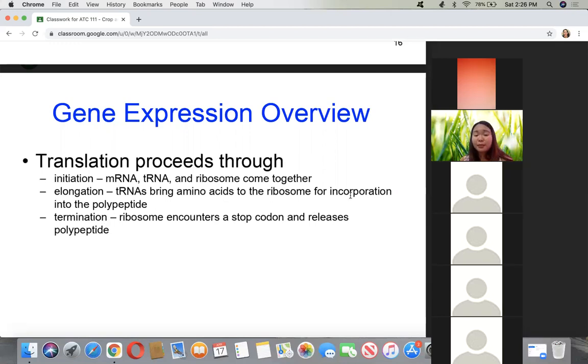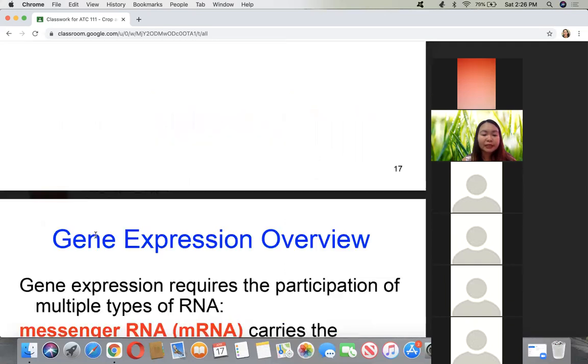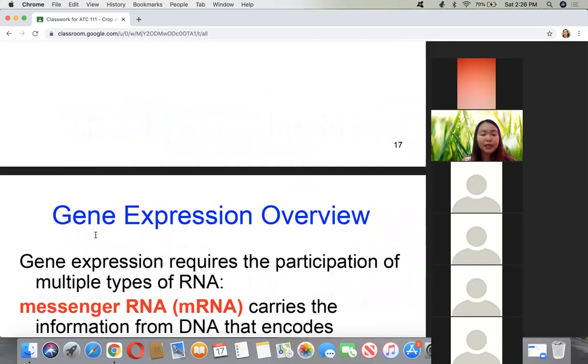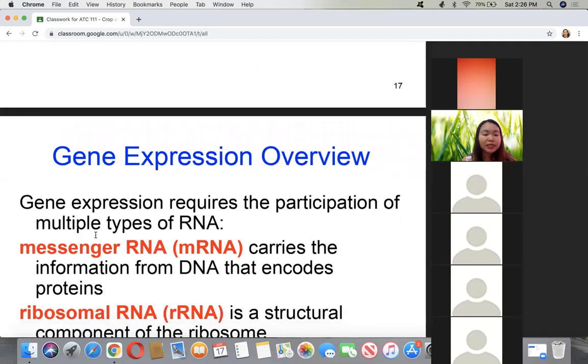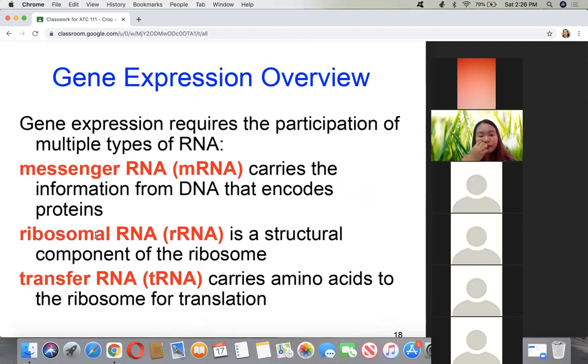So if you remember the ribosomes in the cell parts, no, these are the ones in where the RNAs are delivered. So termination is when ribosome encounters a stop codon, yung stop codon kanina sa genetic code, and this will release the polypeptide. And once the polypeptide is released, so again, before we proceed,